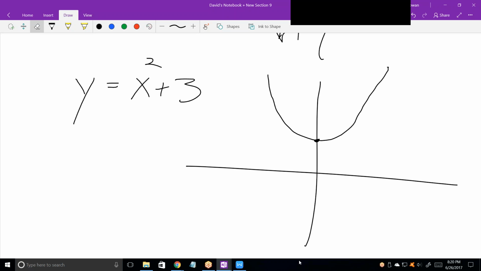Range is a different story. Now when you're looking at range, look vertically. We want to look in this direction and we want to look in this direction. Now tell me what y can be or cannot be. It can't be any negative or 0, so. Okay. It has to be,